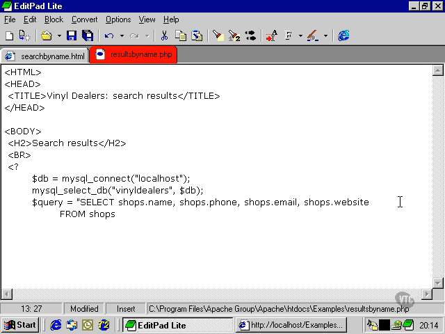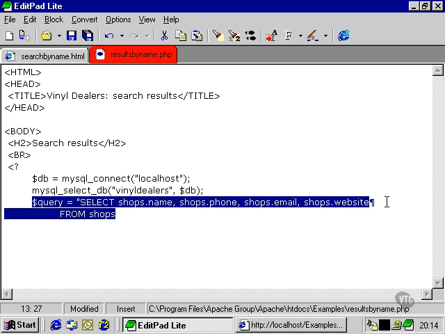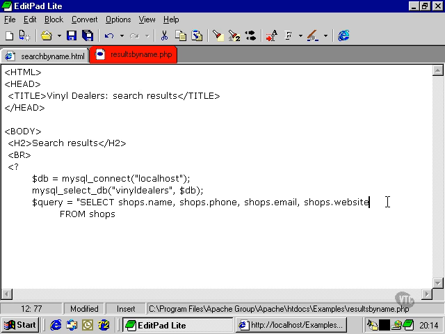As I explained earlier, PHP will treat this as all one line because there's no semicolon right here. Until it hits a semicolon, it treats everything as just one line. So after that part of the SQL string, we're going to specify which records it's going to return. The way we do that is we're going to specify that it's going to return only records where the name field is like this pattern, and this pattern is going to be